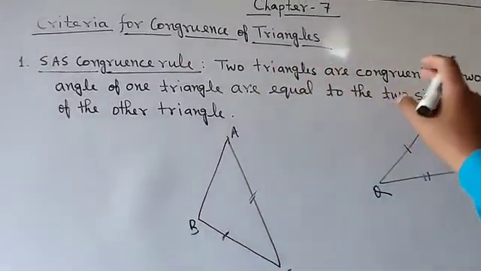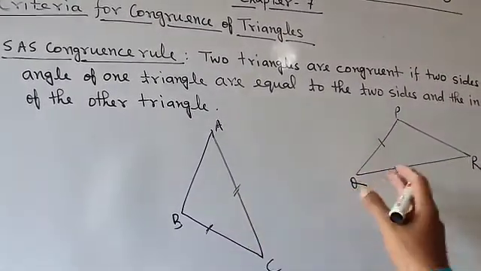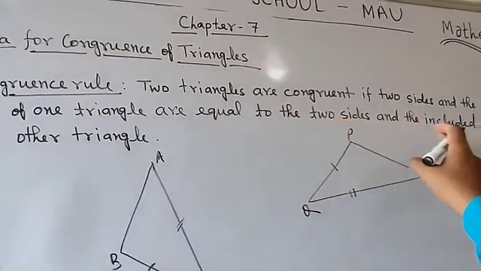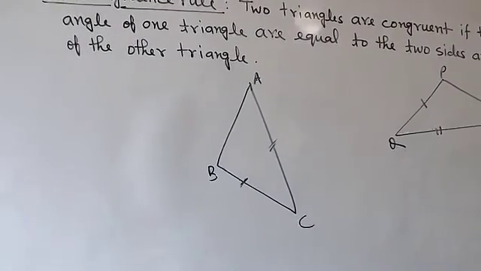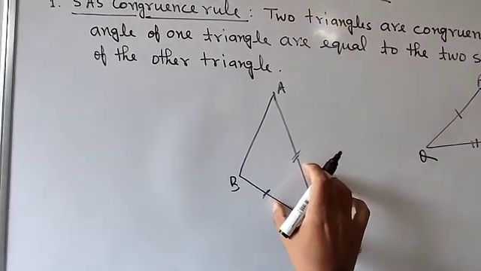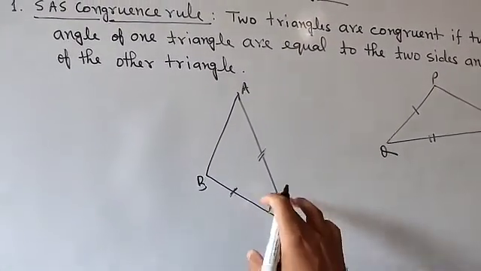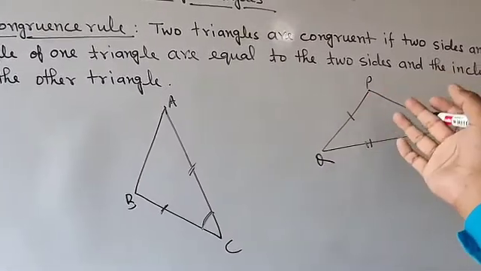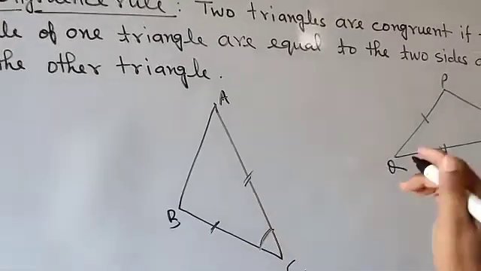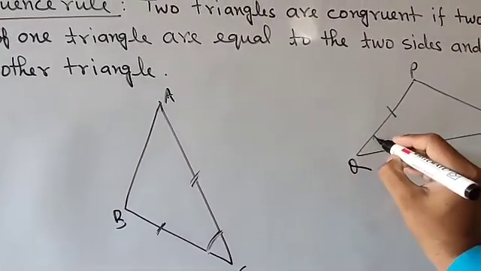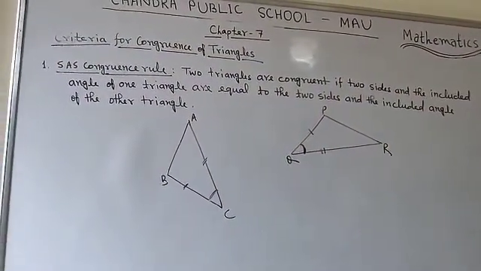So here according to the statement, two sides are equal to the corresponding two sides of the other triangle and the included angle of the other triangle also. What is the meaning of included angle? Included angle means the angle formed by these two sides, here it is the angle C. So that included angle should be equal to the included angle in the second triangle, formed by those two sides which are equal to the corresponding sides in the other triangle. It means if it is given that angle C and angle Q are equal, both the triangles will be congruent. So what is the criteria?